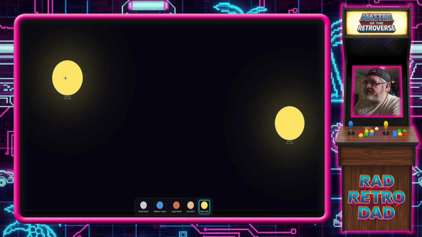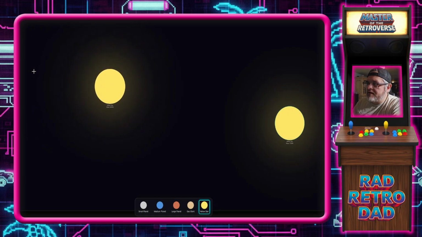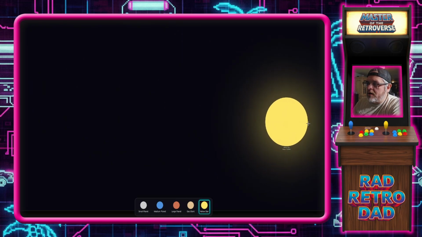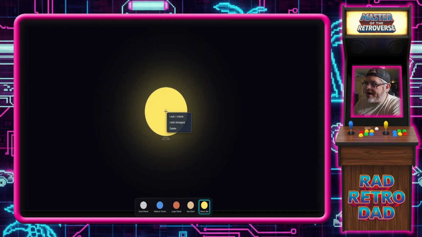The other thing is if you push the middle mouse button down and you drag, you can see that it kind of gives you an arrow and then a little dotted line to show you how far. And then if you pull it out, the further you do it, the faster your object will fling, and this will fling your object. And you can make them collide. Now you don't need to do that,